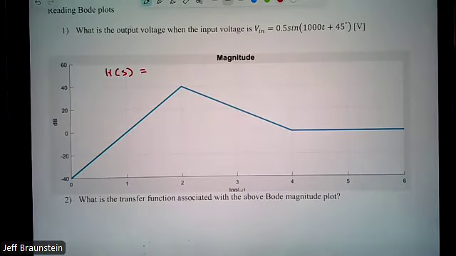And the question is, what's the transfer function? I'm given this Bode plot, straight line approximation. I didn't include any corrections. What do we recognize? What information do we need to get the transfer function? Poles and zeros. We need the poles and the zeros. So what do I have? What are my poles and zeros?